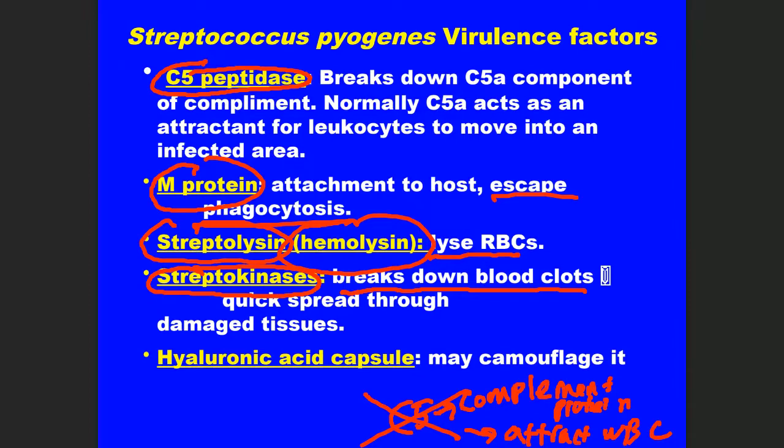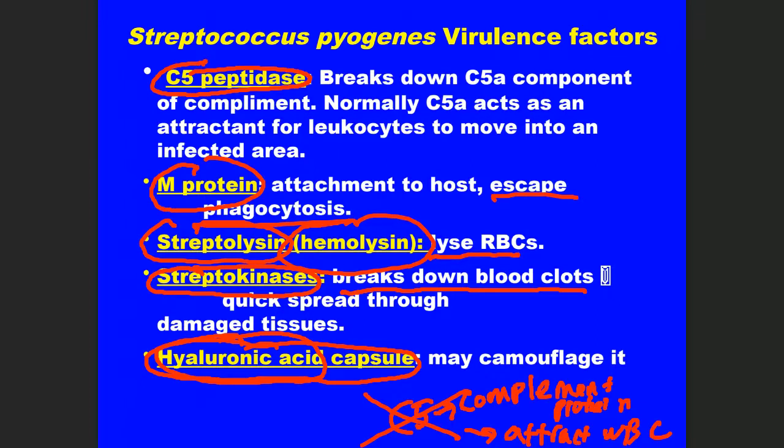And then, as if that wasn't enough, Streptococcus pyogenes also has this capsule around it. Now, we know that capsules normally protect against phagocytosis, but this is a capsule that's a little bit different. This is a capsule that's made up of something that you have in your body, hyaluronic acid. It's basically a hyaluronic acid-based capsule. And what the bacteria is trying to do, it's trying to camouflage itself. It's trying to make itself look like it's part of you so that your immune system doesn't get rid of it.